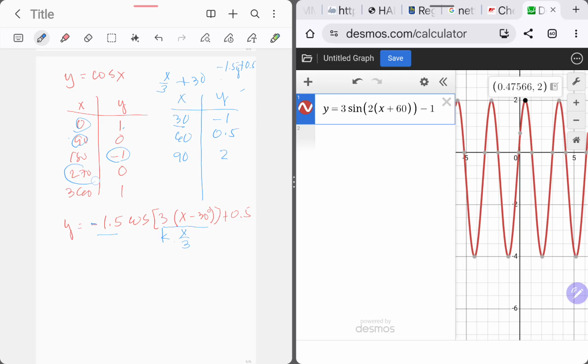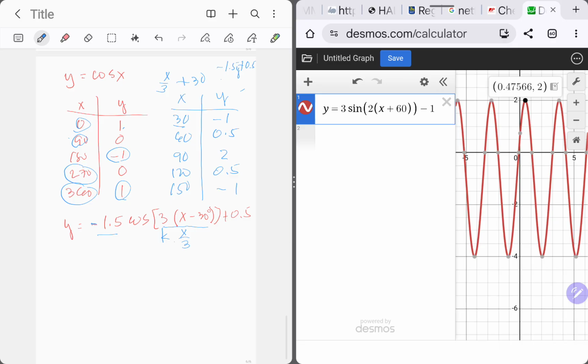And when x is equal to 270, divided by 3 plus 30, this will give you 120. And if y is 0, then this is 0.5. And when x is 360, 360 divided by 3 plus 30 will give you 150. And your y is 1. So negative 1.5 times 1 plus 0.5 will give you negative 1. Now we can